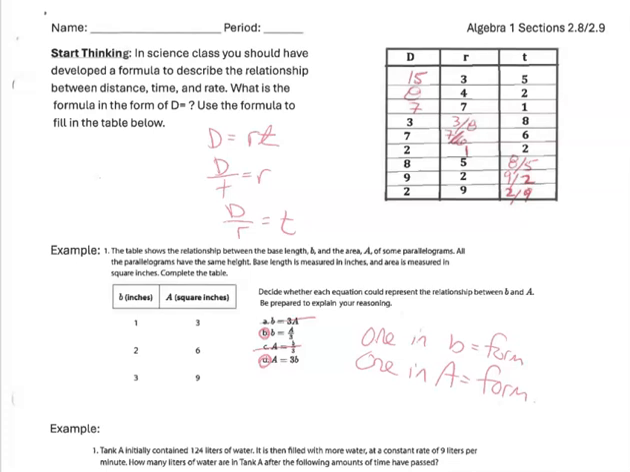Alrighty, in sections 2.8 and 2.9, we were talking about manipulating different equations so that they could be more useful for us. So the start thinking part, we were talking about in science class how there is a formula that relates distance and rate and time, and students remembered the fact that that formula was distance equals rate times time, and then we were supposed to use that to be able to fill out the table that you can see